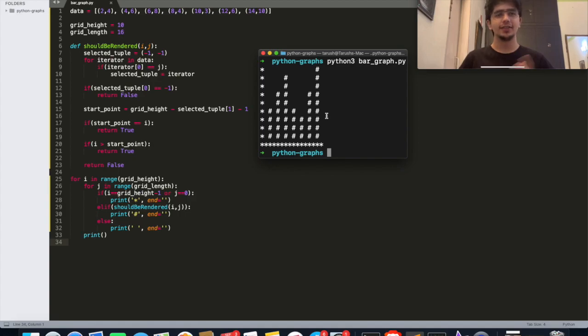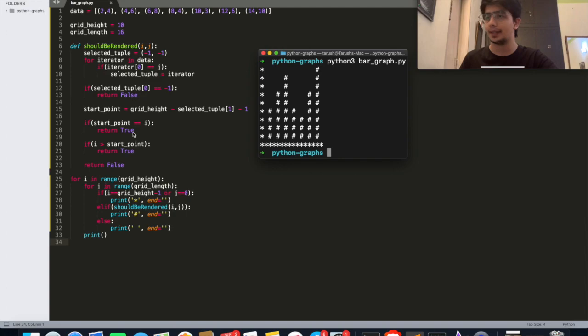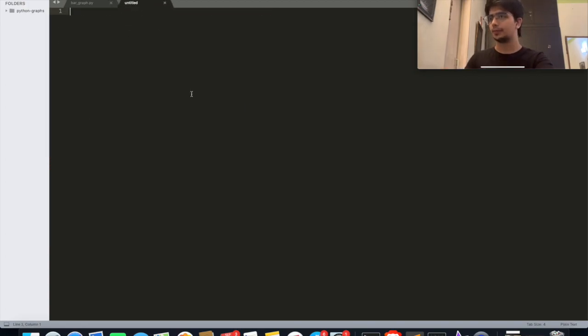Hi everybody, you seem to love the last video where I showed you how to build a snake game on Python in 40 lines of code. So I've gotten something similar over here where we're going to be building a bar graph, this time using just 30 lines of basic Python code. You can see the code right over here. As you can see, there's nothing complex, nothing complicated. It's very simple Python. And this is what our end result is going to look like, depending on whatever data we give it. Alright, so let's get into it.